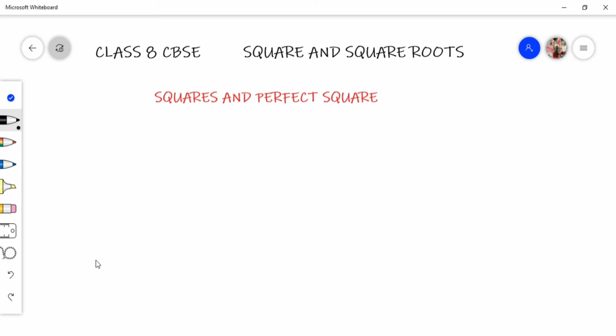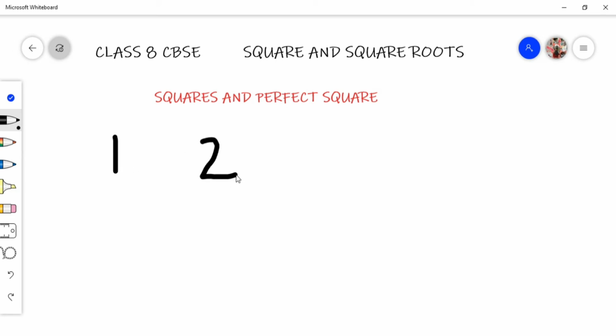According to me, this is the most difficult property of square numbers, because it is a very complicated one. Between the squares of numbers n and n plus 1, there are 2n non-perfect square numbers. This is a little algebraic type of question. Here n can be 1, and the square of 1 is 1 only. And for n plus 1, which is 2,